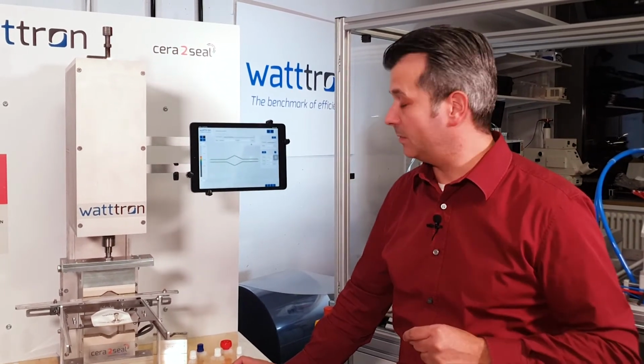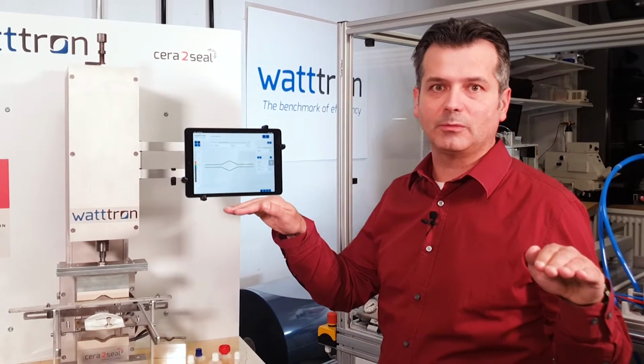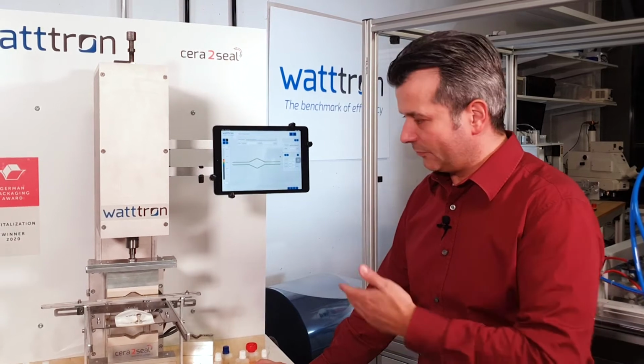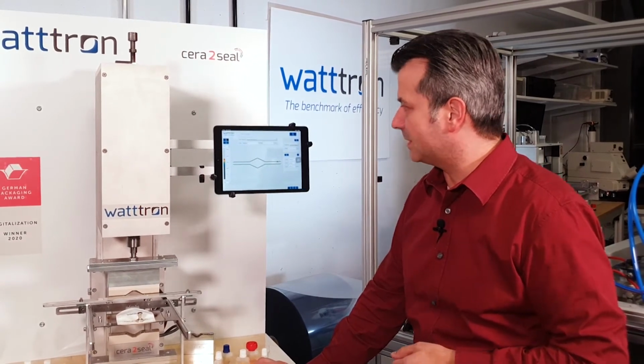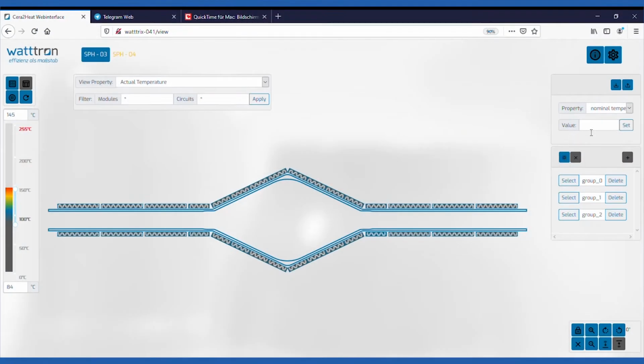The first step I will show you is how it works with a simulated current standard tool. You know, with a standard heating system, you're only able to set one temperature over the complete spout system and hope that the sealing will work. So the first trial we will do is set up a homogeneous temperature of 140 degrees Celsius, which is very easy to do in this pop-up window. You can select the temperature and set it for all circuits,